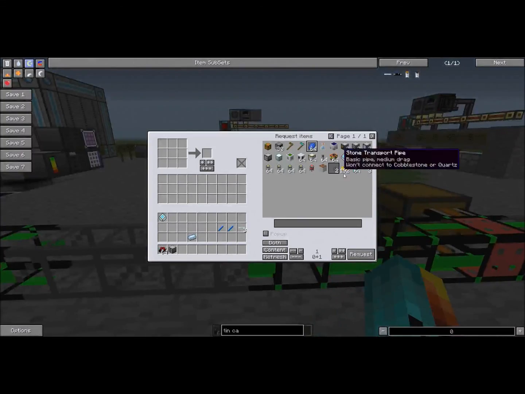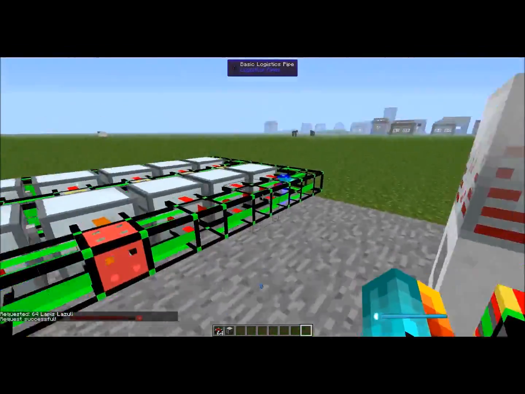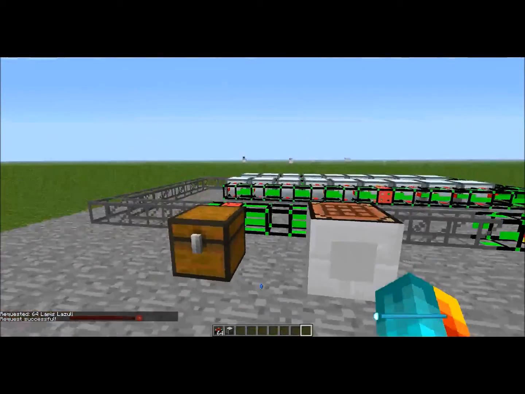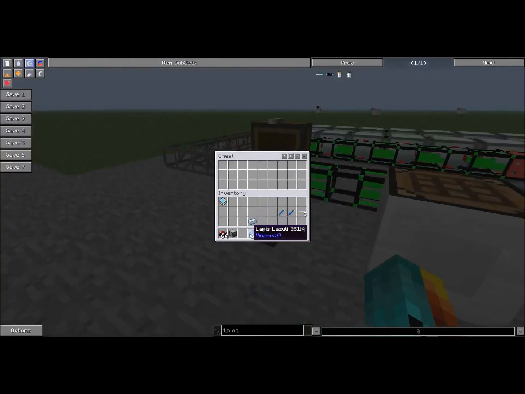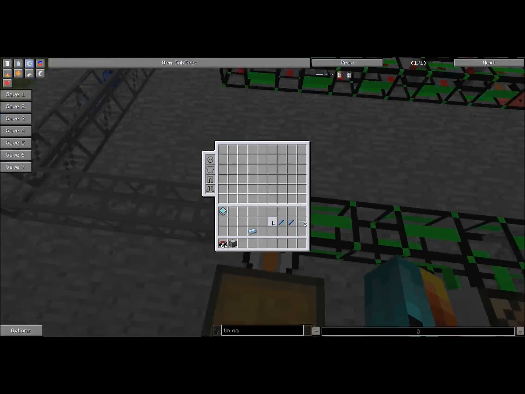So, say I wanted to withdraw a stack of lapis lazuli. Okay, it'll pull a stack of lapis lazuli out of this chest, because that's the first chest attached to the default route, and send them to this. Okay, cool. But wait, I don't need this. I can just store this in this chest. Okay, well it'll pull it out using a logistics chassis,